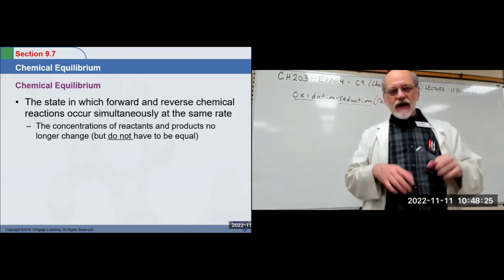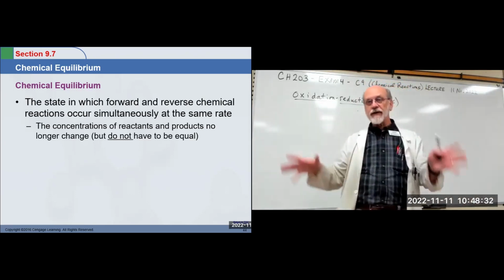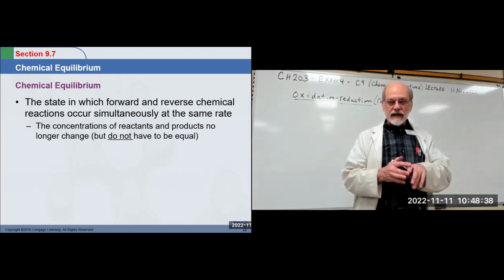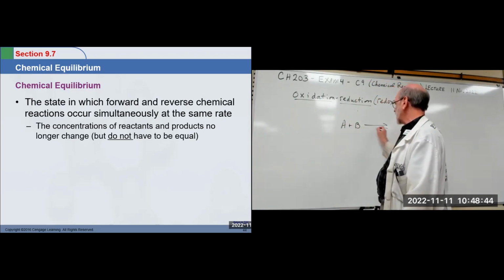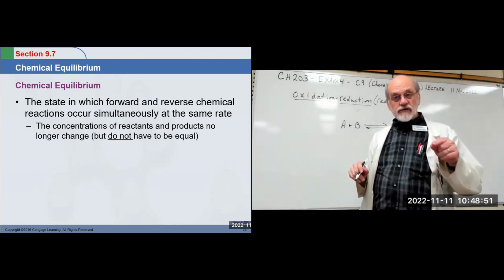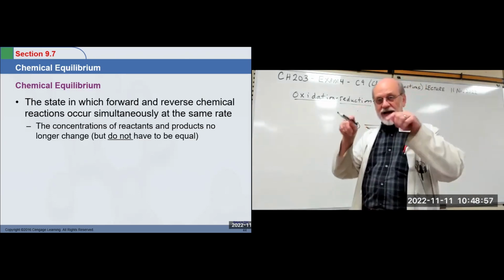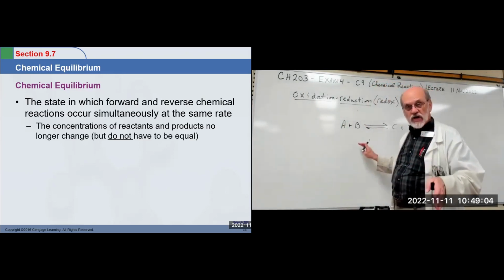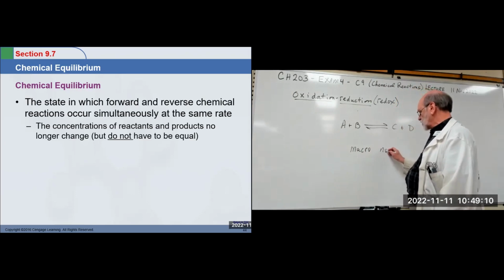Equilibrium is a condition in a chemical reaction. Actually, equilibrium can be used for various things, different types of equilibrium. We're talking about chemical equilibrium. And chemical equilibrium, for this hypothetical reaction, occurs macroscopically, what you witness with your eyes and measurements, when the concentrations of the reactants and products do not change. Right? So the macroscopic world says no change